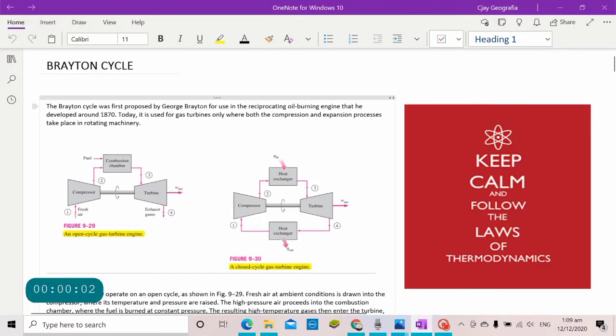Hello, for today we're gonna tackle the Brayton Cycle. The Brayton Cycle was first proposed by George Brayton for use in the reciprocating oil burning engine that he developed around 1870. So the original Brayton engines used a piston compressor and piston expander, but more modern